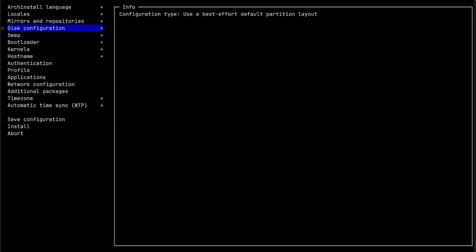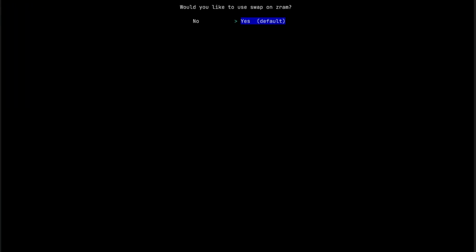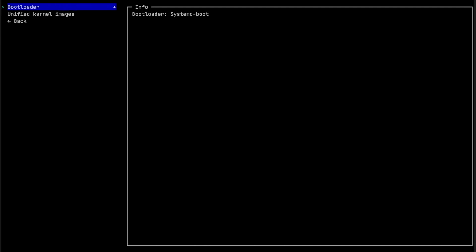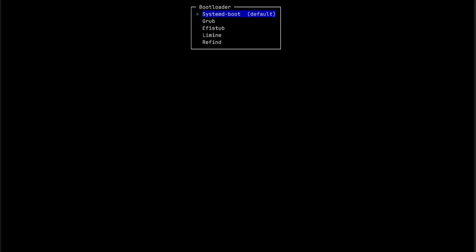Alright, go back, click on swap, and I want to enable swap, so hit enter, enter, and we have enabled swap. And go to bootloader and hit enter. In this part, if you have any other operating systems on your device, we can select GRUB or any other bootloader which you wish. I don't have any OS installed on my system, but I prefer GRUB installed on my PC. So I'm going to click on GRUB,